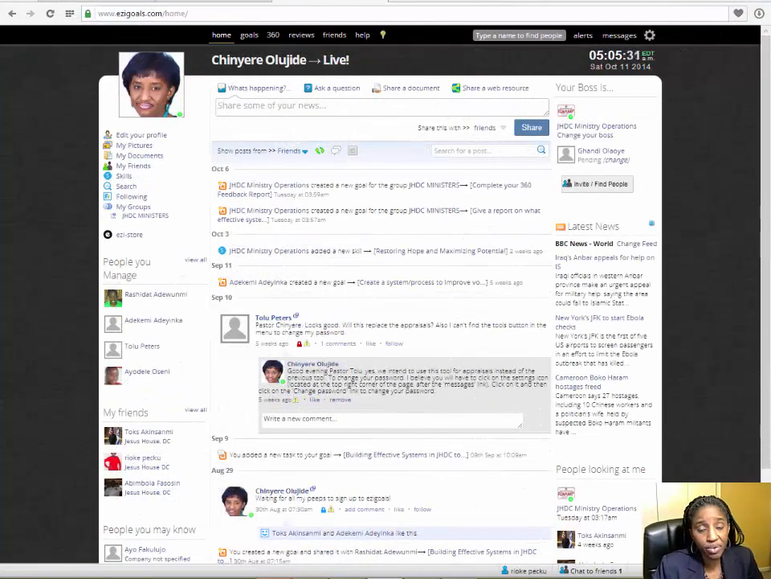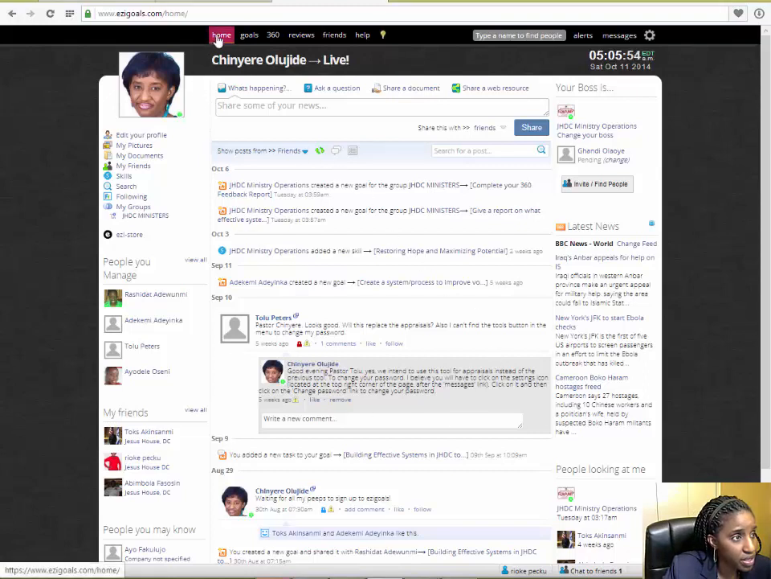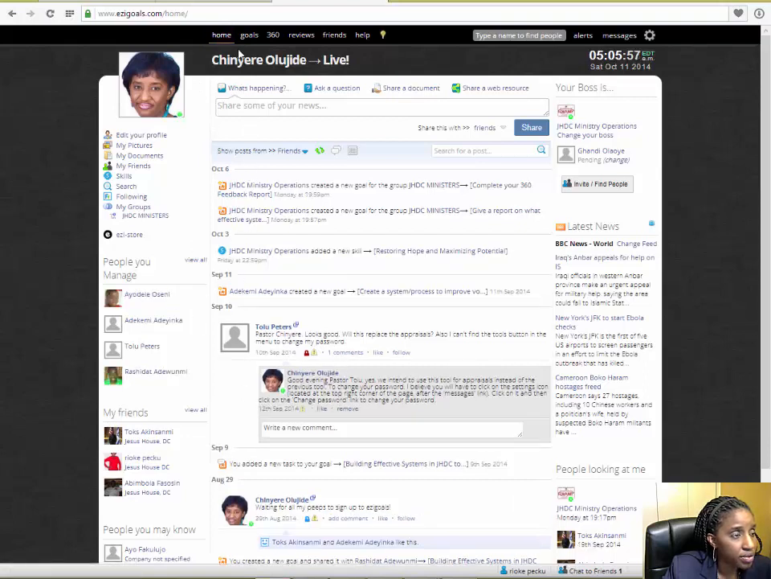Okay, so now that we've talked about how to create an account on Easy Goals, how to log in, and also how to find or invite friends, the next thing I want to talk about now is how to actually create a goal or an objective using Easy Goals. So right now I'm at the home page, as you can see from the first tab that's highlighted here. And if I wanted to create an objective,